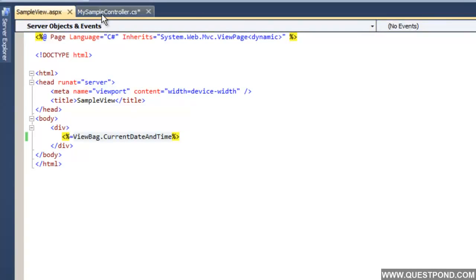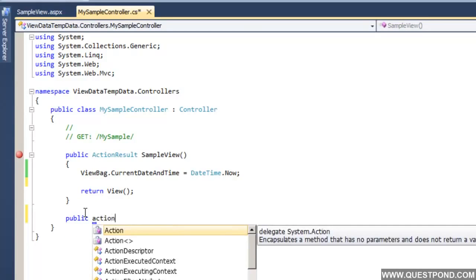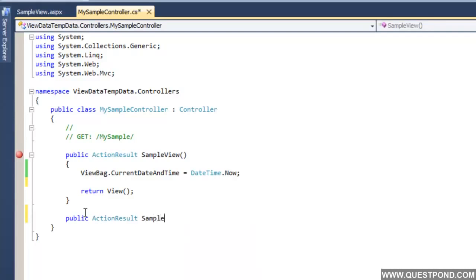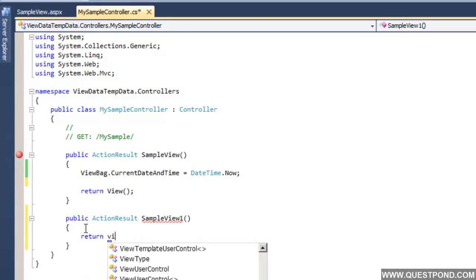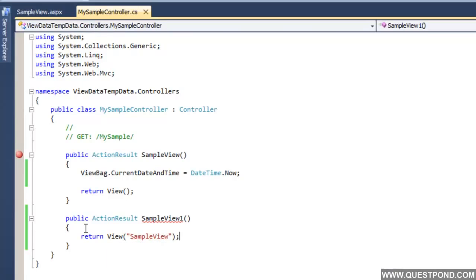But now let's say that we want to move from one action to other action. So for example, now you can see that we have an action here called sample view, and let's say that we want to process data when we move from one action to other action. So for example, let me go and create one more action here called sample view 1, let's say. Okay, and this sample view 1 actually returns the sample view. Okay,